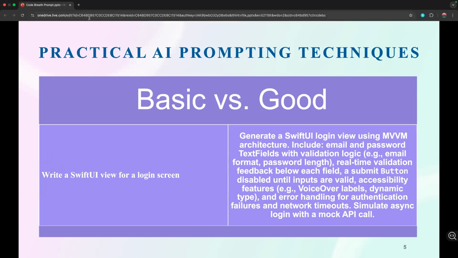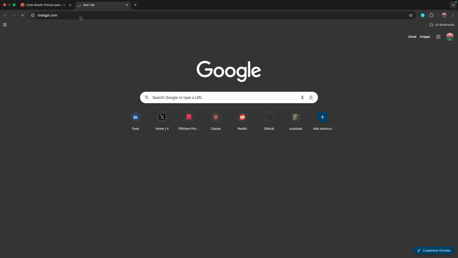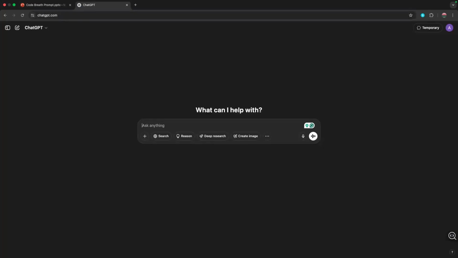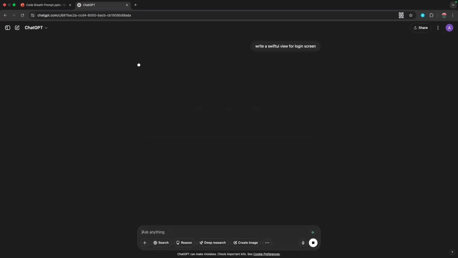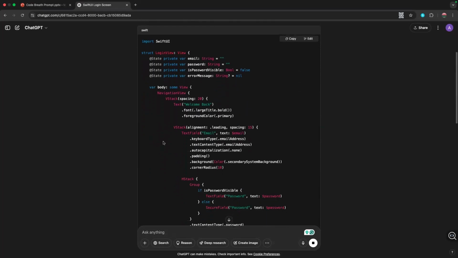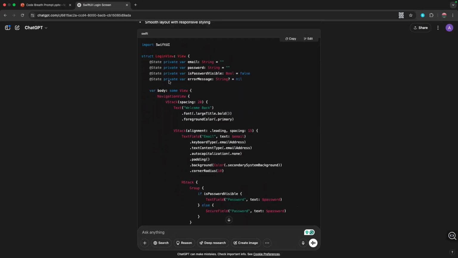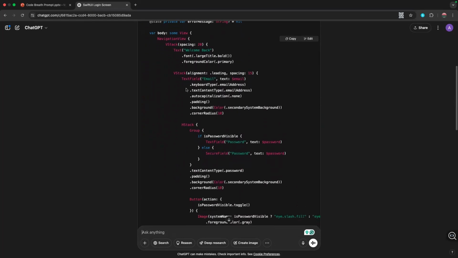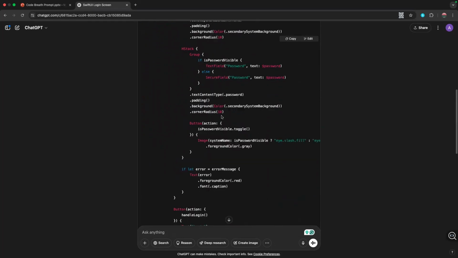Let's see it in ChatGPT. It will give you all the necessary stuff for the login view, but as you can see, it doesn't follow the MVVM architecture, or add validation or anything else.